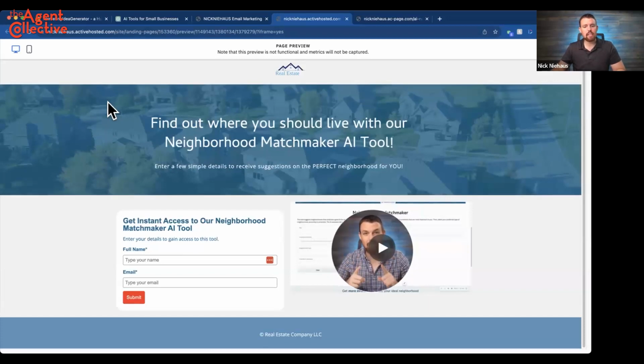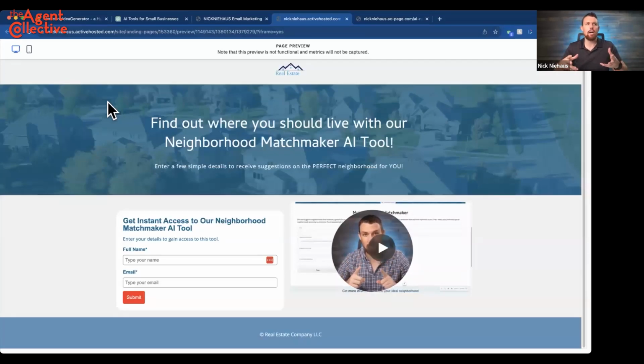So the basic idea is I'm going to make this tool, and I'm going to show you how to do some of that in just a second. It's surprisingly straightforward. And then I'm going to embed it into my landing page. And then I'm going to create a second landing page where I tell people about the tool. I ask them to sign up, and then they get access to it, right? So it's really, really simple.